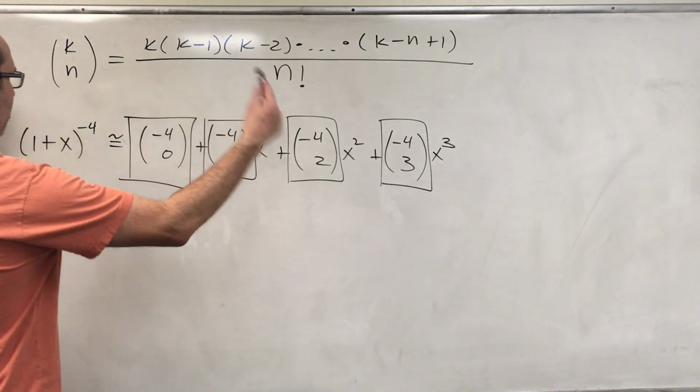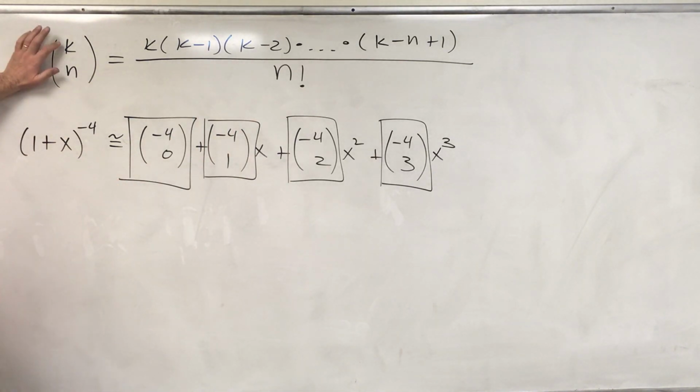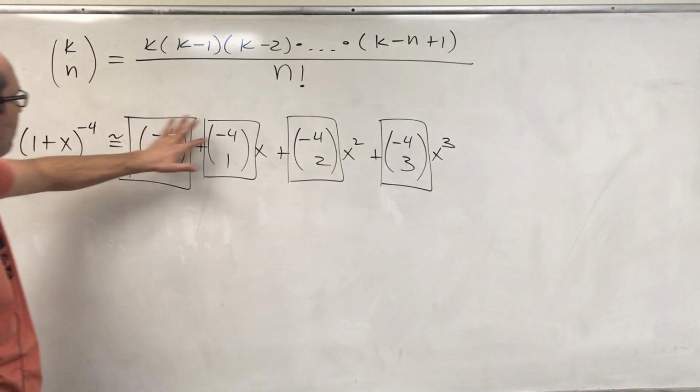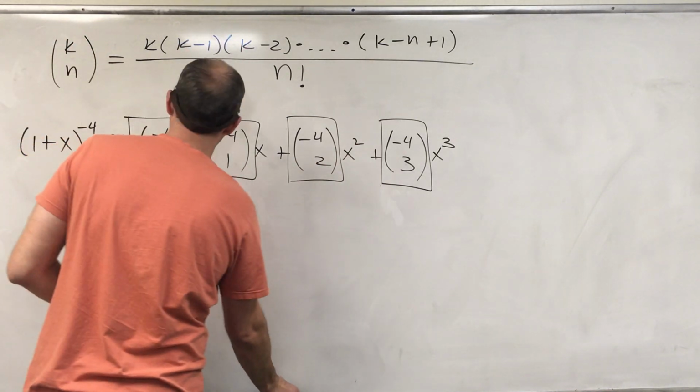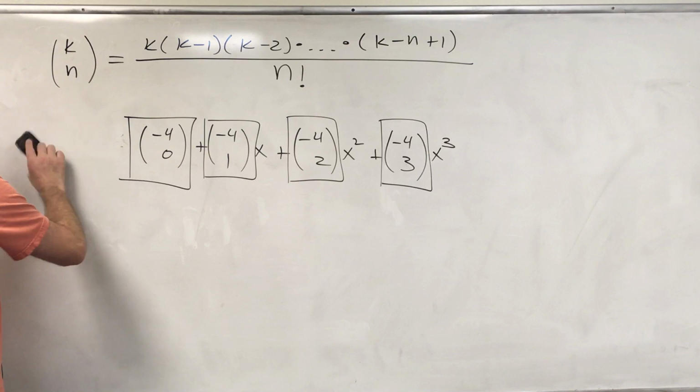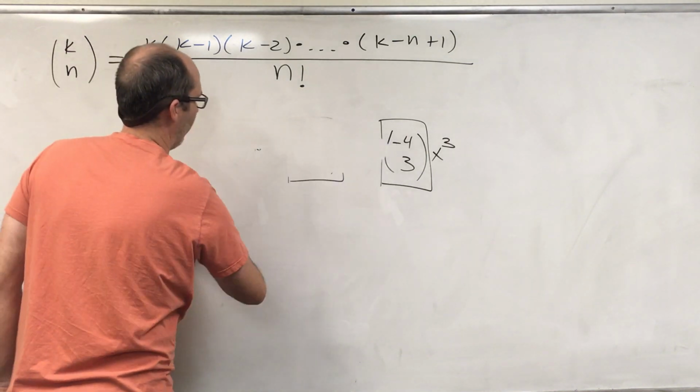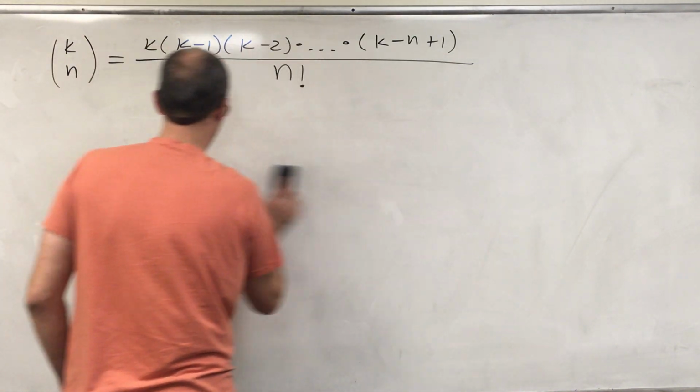This one is generalized so you can have k be a fraction. It can also be negative numbers, like we have here. Okay, so this is consistent with other formulas, but it's a general form for that. All right, so now we'll figure out what these